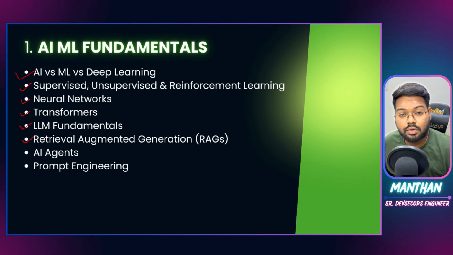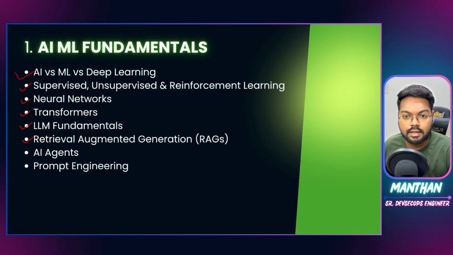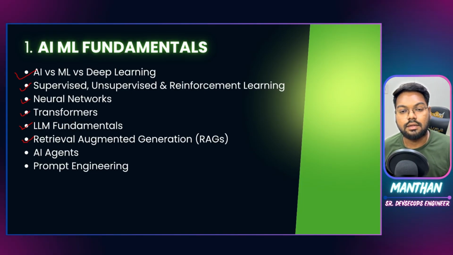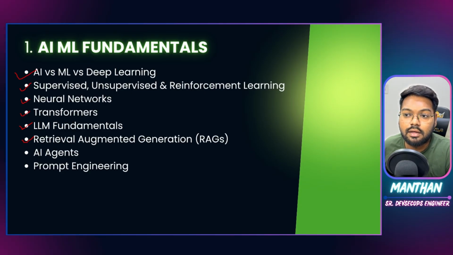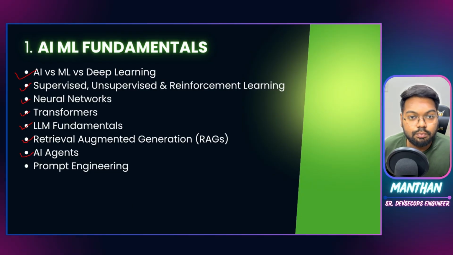Why are they used? How does it browse context from the open web or different websites or different data sources? And then how it stuffs your queries alongside this context and provides it to the AI so that it could accurately answer your questions. So that's why RAGs are used, and you should know why and how they function.